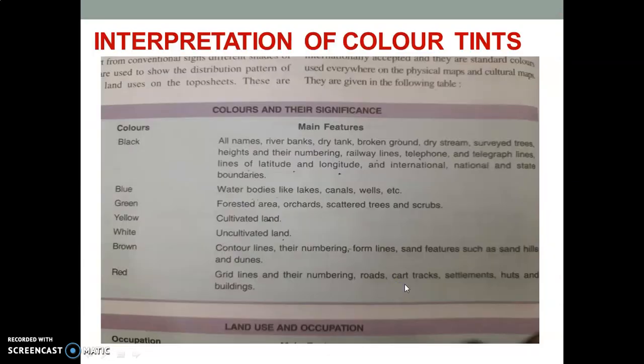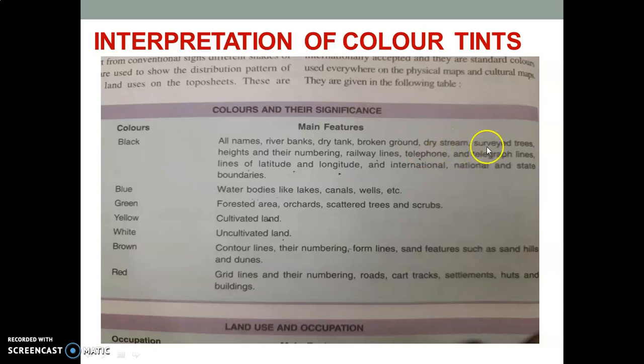Interpretation of color tints. Now there are different colors given on a topographical map and each has a unique significance. We say each color indicates different symbols or different landforms here. So black color is used to show the seasonal water bodies, river banks, dry tank, broken ground, dry stream